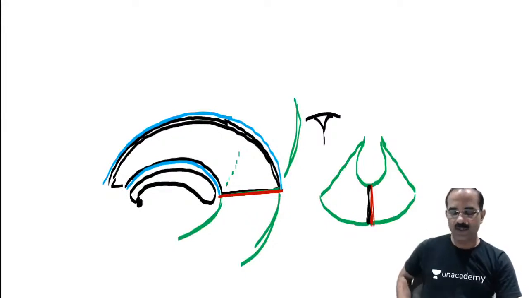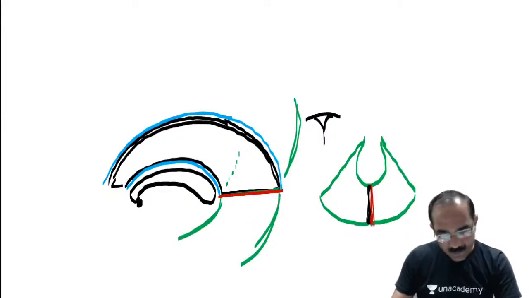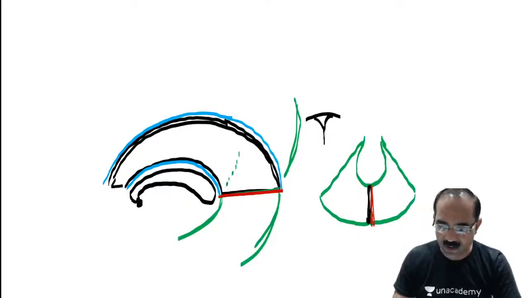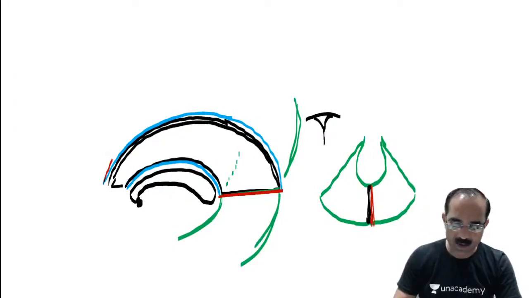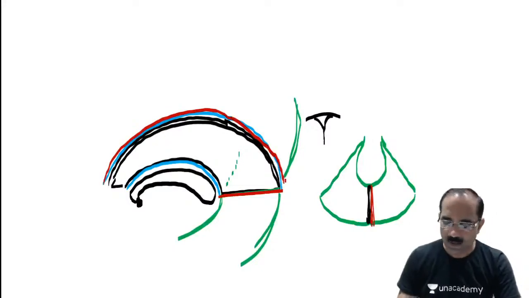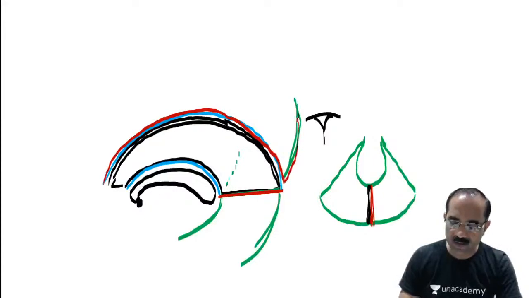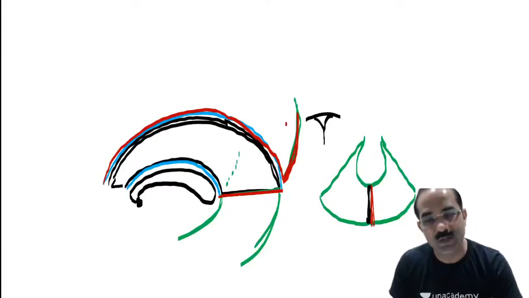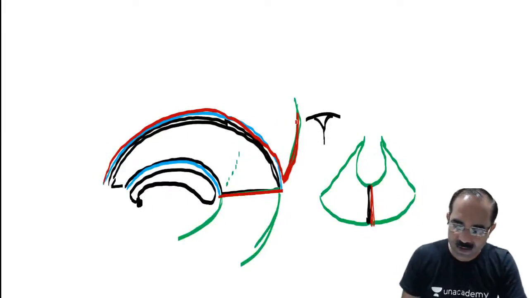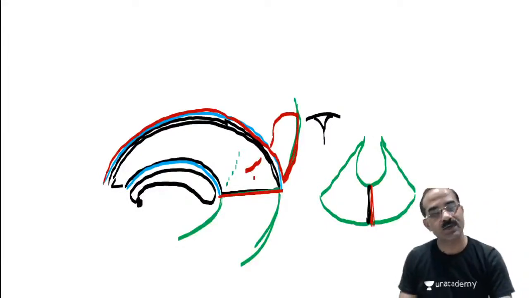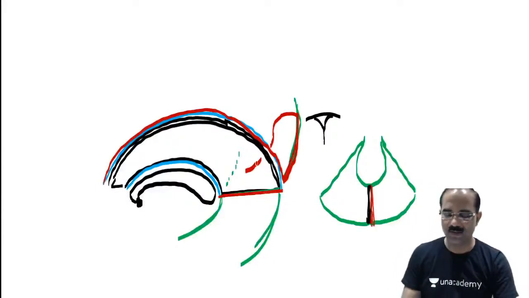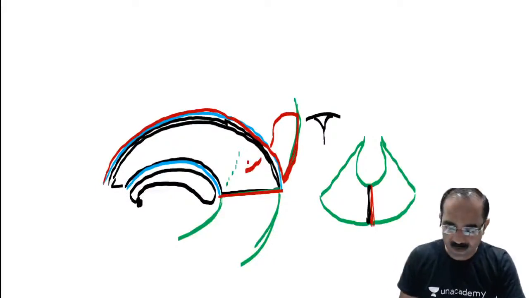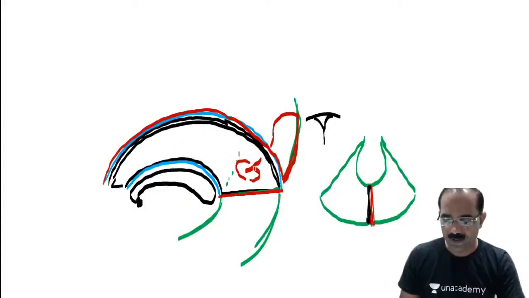So tell me, students, this superior sagittal sinus has come back here. Look, I'll make this like this as the superior sagittal sinus for you. Now this superior sagittal sinus goes to the right side like this. What do you call this? We call this the right transverse sinus. The right transverse sinus now becomes an S. What do you call this? This is the sigmoid sinus. And the sigmoid sinus now leaves the skull through the jugular foramen.